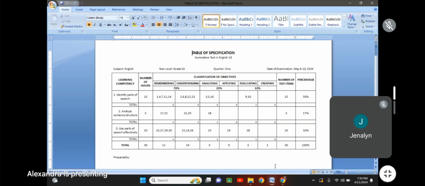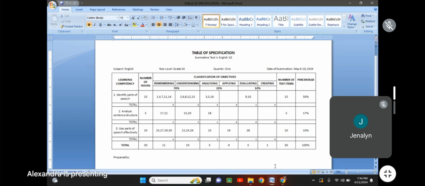So good day, everyone. We are here to present our table of specification that we have designed together with my group mates, Lou Alexandra Katig, Janalyn Topia, Charlene Kagape, Samantha Idpalina, and Veronica Javier. For this day, we are going to present to you what we have done to our table of specification.